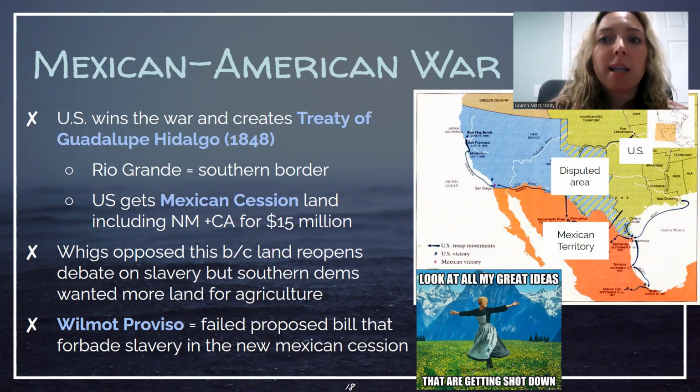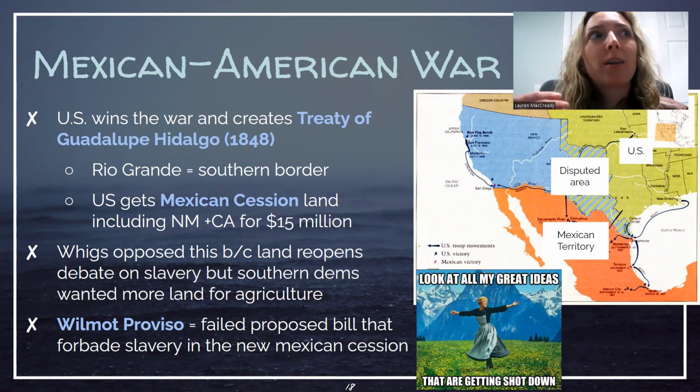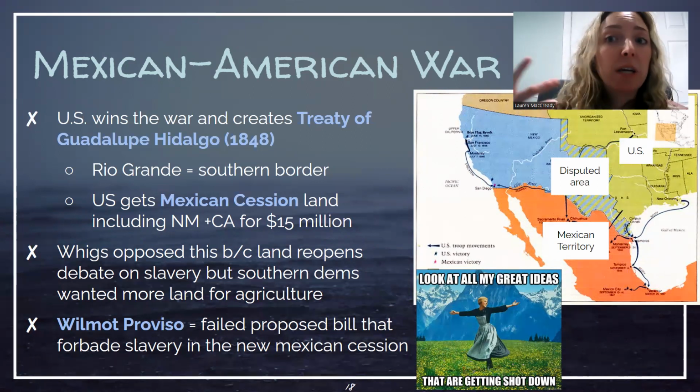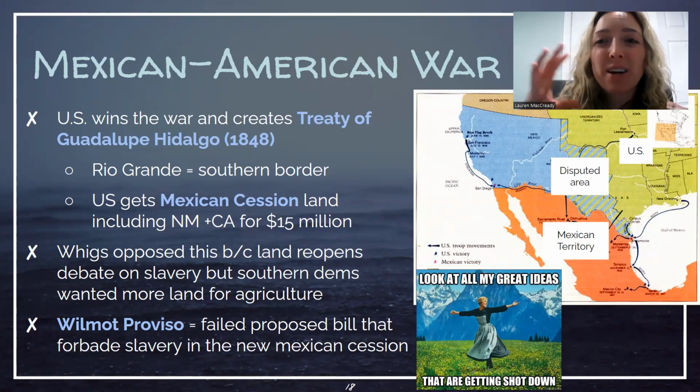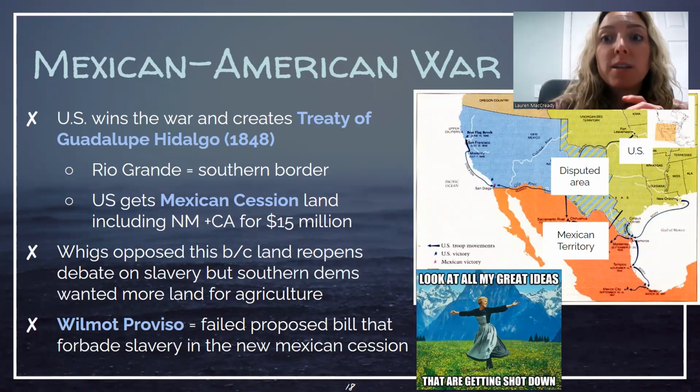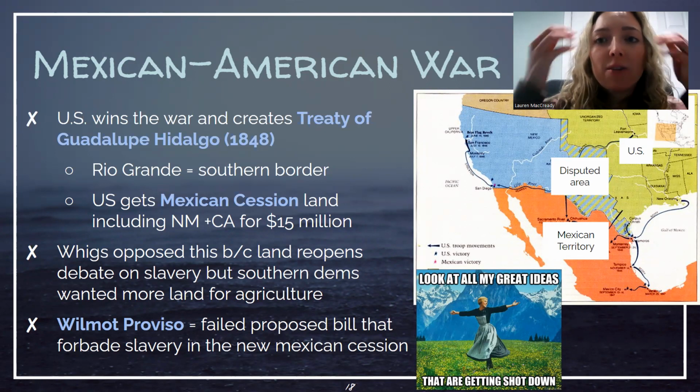And especially because this land is in the southern part of the United States, and it was acquired by a pro-slave, pro-expansionist president, that land would most likely go in that direction. Now when you look at the balance between northern free states that promote industry and a pro-central government, and all those other ideologies that come along with that, versus the southern agricultural slave-owning states that are pro-states' rights, they're going to get outnumbered. So it's not even just that we don't like the expansion of slavery. You have to really think of it in terms of